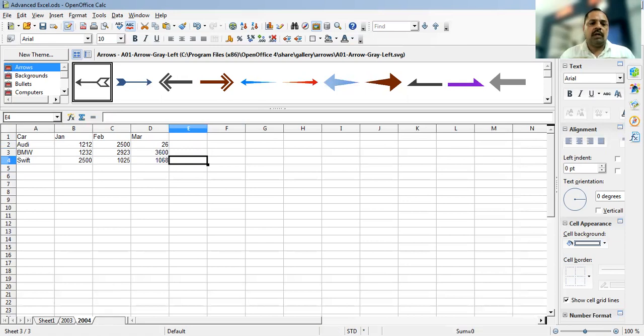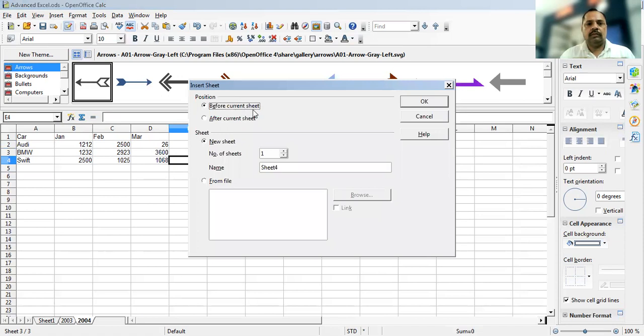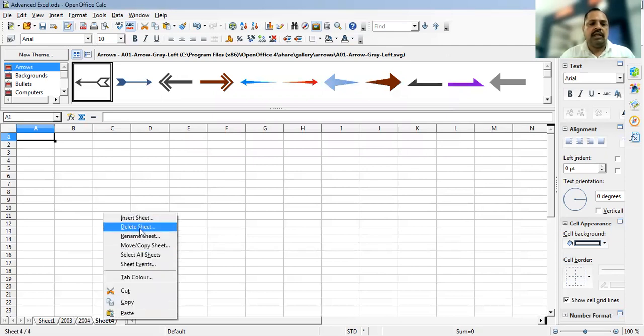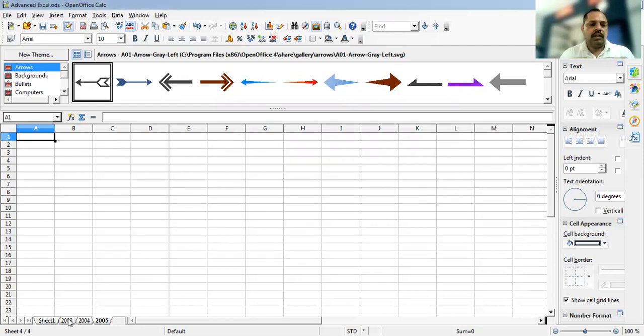Okay, now similarly you are creating a new sheet here. In this sheet again I am just taking the 3 years data. It's for 2005, and now again I am going to copy it and paste. Now suppose here the data is 1200.